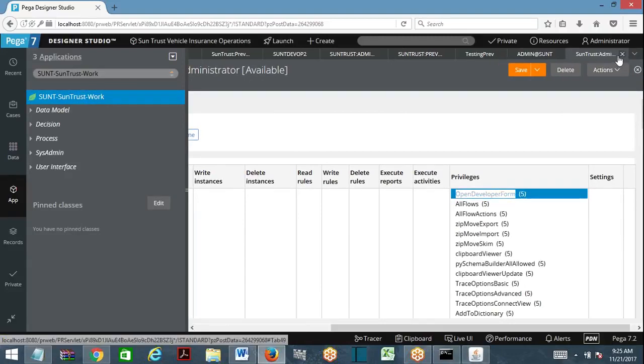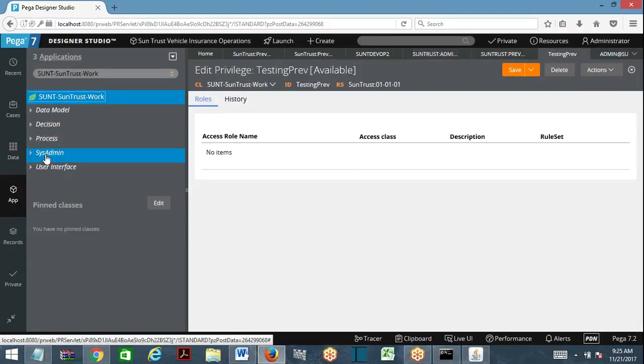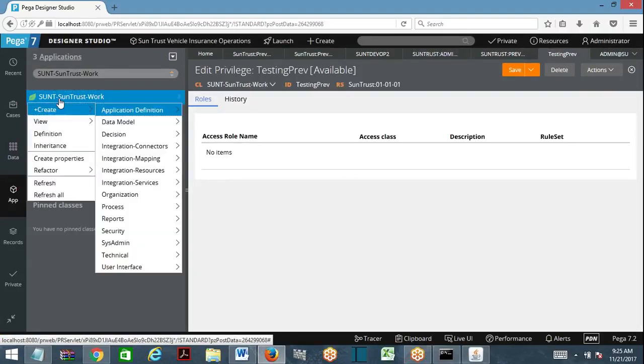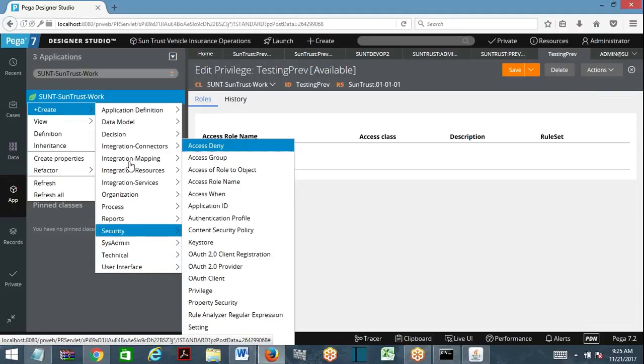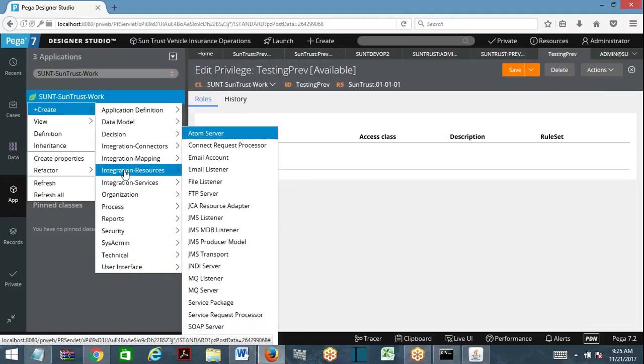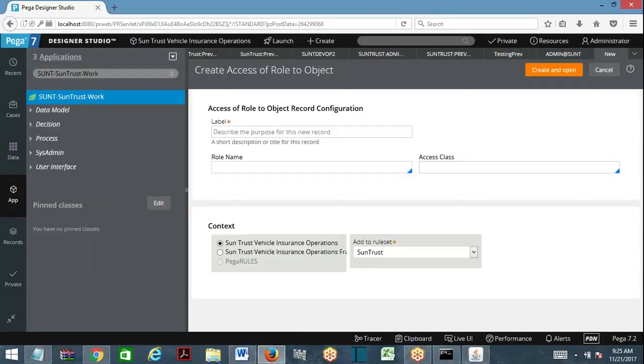Okay, I'll add here. Hang on. So for a privilege, once I create a privilege, I am going to add access role here. Create. Where is this technical security? Access role to object. Let me create an access role to object.